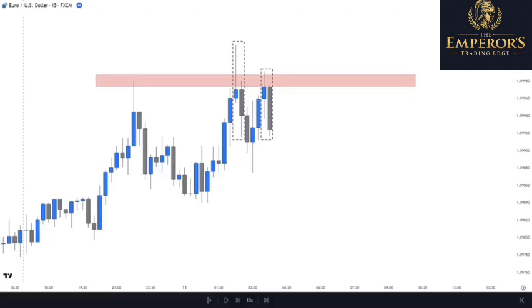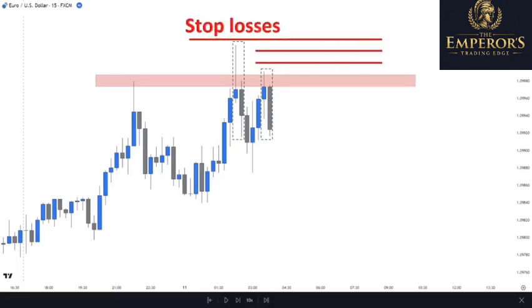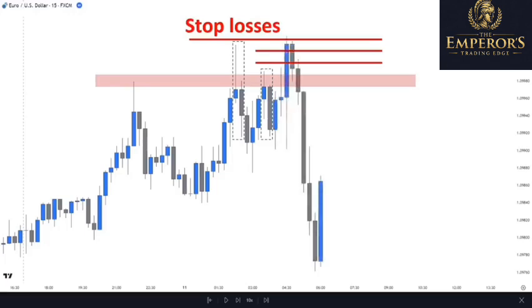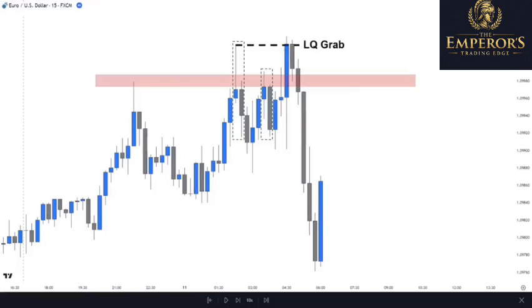Traders who sold here placed their stop loss above this wick. So, we have lots of liquidity gathered above this area. Now let's see what will happen when the London killzone starts and new traders jump into the market. First, the price goes higher, sweeps the liquidity above this wick, then completely falls, and aims to the liquidity gathered